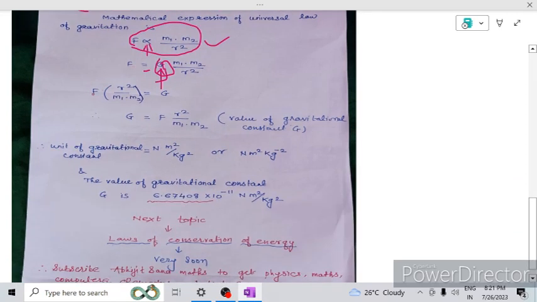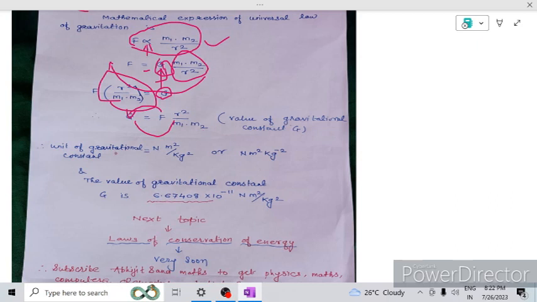Here, m1 times m2 will be shifted to the left-hand side, and this becomes F r squared divided by m1 times m2, which equals G, the gravitational constant. Now interchanging both sides, we get G on the left-hand side. This is the value of the gravitational constant G. This is the formula of the gravitational constant: G equals F r squared divided by